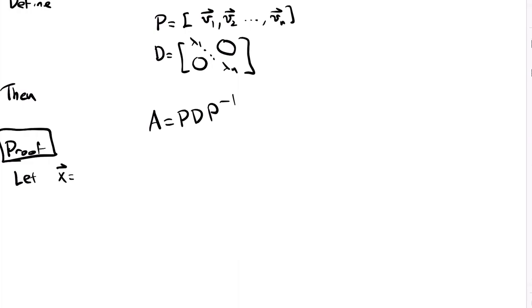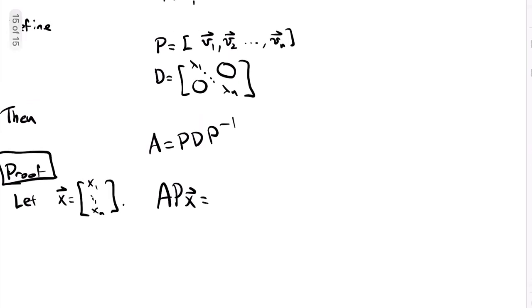Let's let x equal x1 through xn. And let's compute what APx is. So first of all, P is given by this formula. So Px is simply x1 v1 plus through xn vn by definition. And so by linearity here, I have